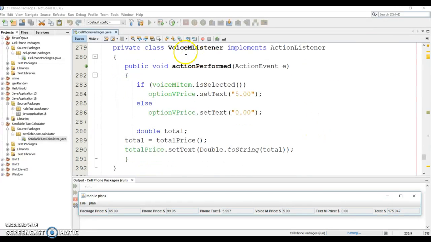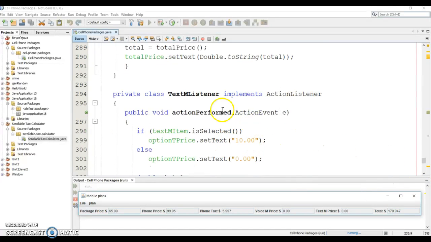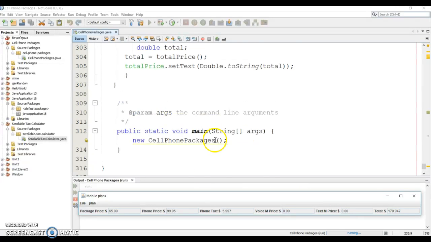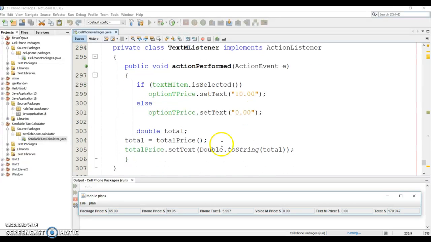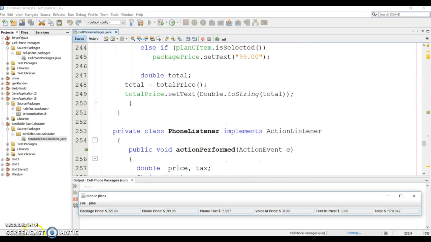And these are the voicemail listener. Basically, if you pick it, it will display $5 here. If not, it will be 0. Like you see, and then the same with the text listener. So if it's selected, we'll get 10 here, and otherwise it will be 0. And then I just call the method. So this is how I kind of did both of the